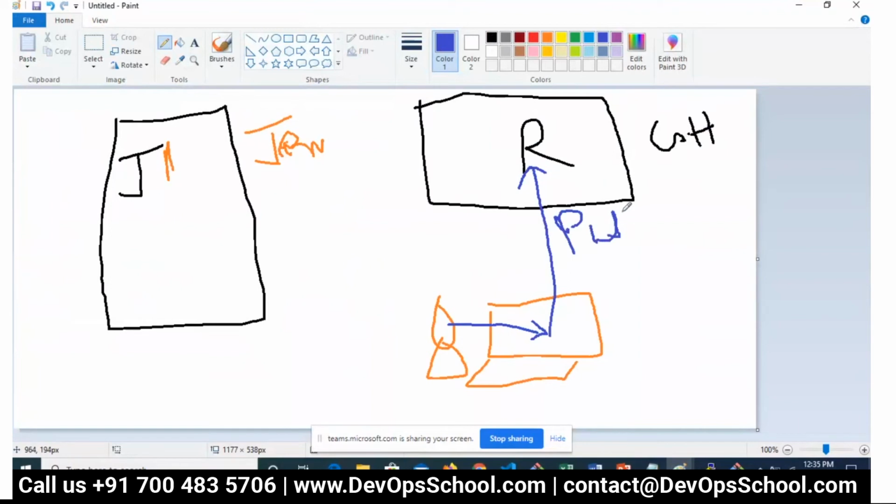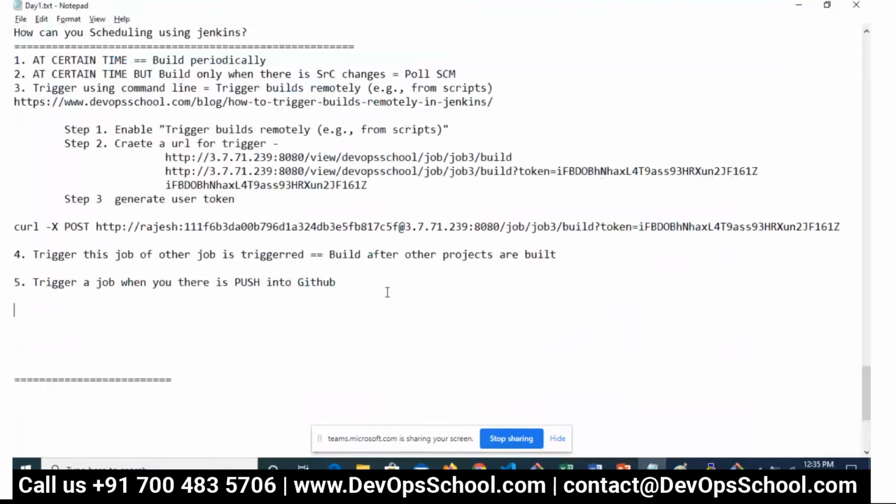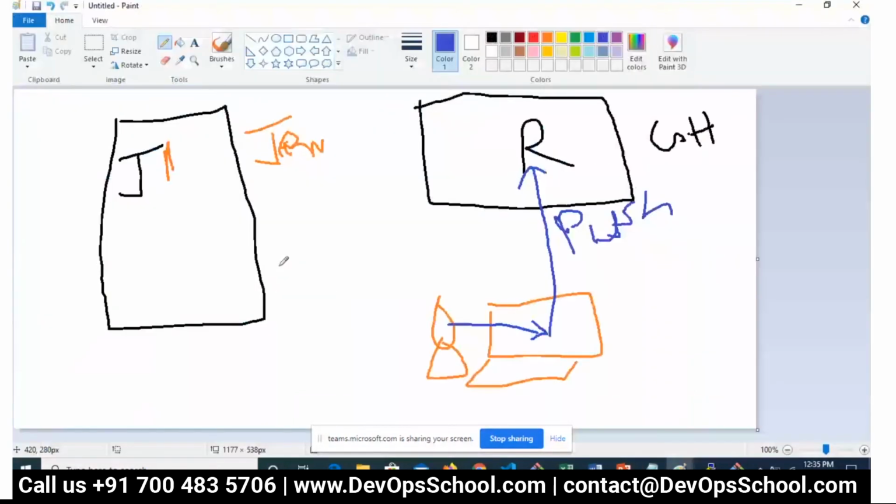So the condition is saying trigger a job when there is a push into GitHub. So guys, see here, how will Jenkins detect this push? It cannot detect. Who, in this architecture, can detect the push? Tell me, when the push happens or not, who can detect?